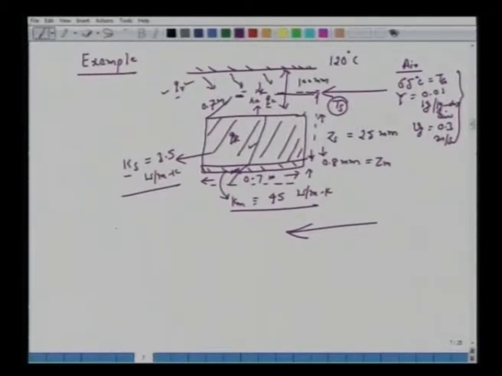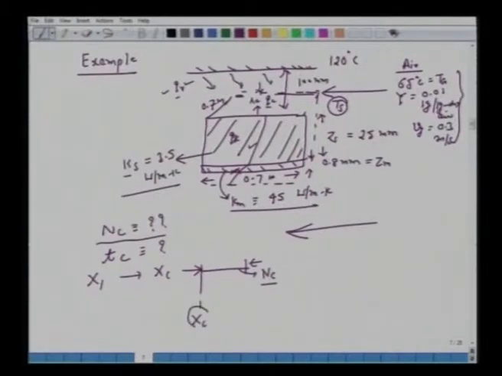Okay, so the question asked here is, what is Nc, the drying rate, and how long will it take to dry moisture content from x1 to, let's say, xc. So we are still discussing this constant drying rate region, or the unbound moisture, where the evaporation rate, or the drying rate, is constant at C. C stands for critical moisture content. Alright, so this is the information given to us. From this we have to calculate Nc. Once we know Nc, we can go back to our previous lecture, write down the expression for tc and calculate this.